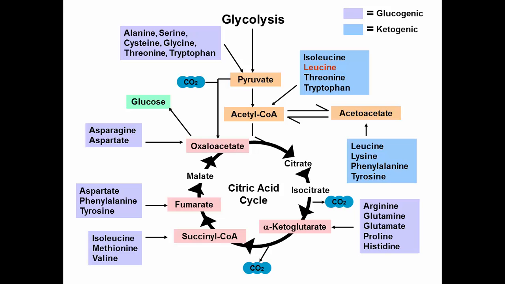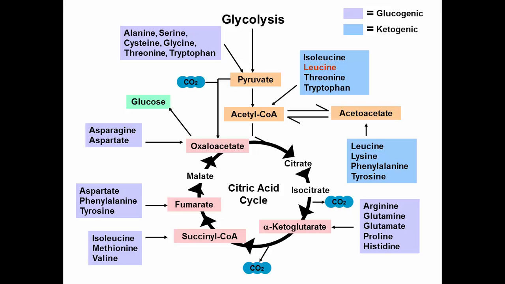Many of them are both. If you look through all of them, I didn't highlight, they fall in both places. The only one that is uniquely ketogenic is leucine. When we get to branched chain, when we get to the muscle, I'll show you how it gets oxidized and what it produces, so that it will make sense to you that it is only yielding 2 carbon units. It does not yield any 3 carbon unit, so it's not anaplerotic at all.